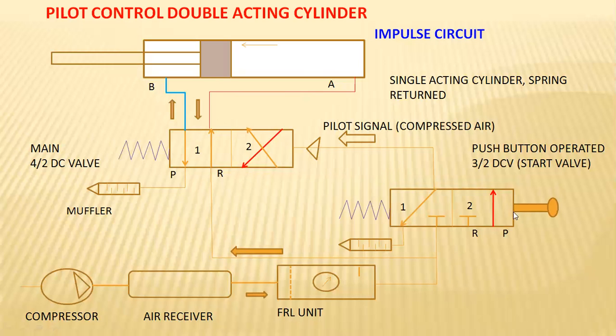When I release the pressure here, this position will be changed and the supply of pneumatic compressed air is cut off here, and hence this main DCV also shifts to the first condition. So in the first condition, again the air will be entering completely into this direction and creates the forward movement again. So same channel forward movement, and the compressed air which already entered into the B side will be releasing towards the atmosphere.